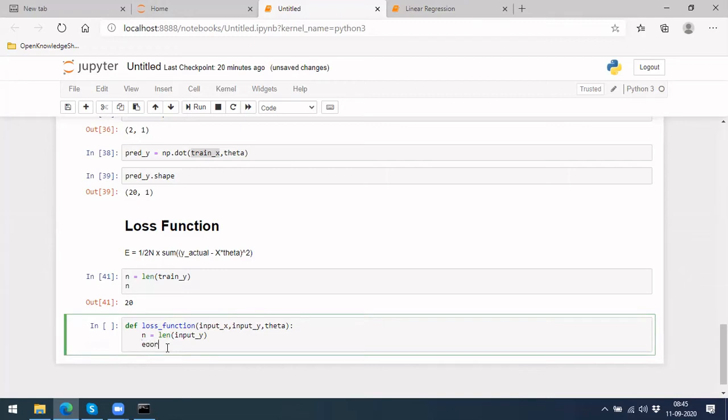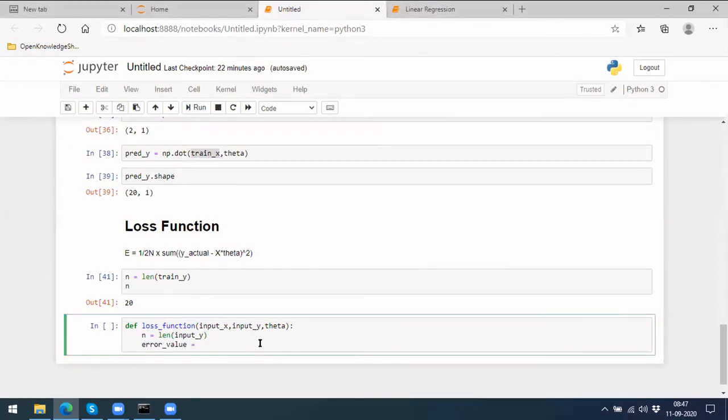So your error value would be, so what else we need? So let's say 1 by 2 into n. Okay, this part is done. Let's put it in a bracket so that it won't get confused.